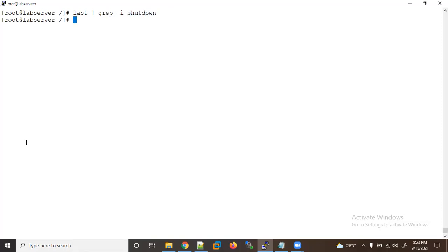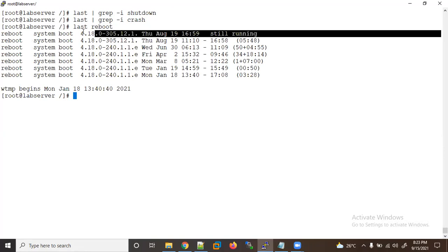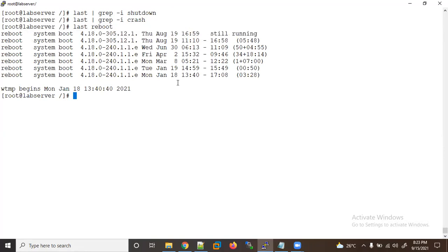And shutdown, what is not here, and any crash, I think crash information is not here. Okay, so last reboot, the information is here, and I think I did not shut down, so last reboot is still running here.